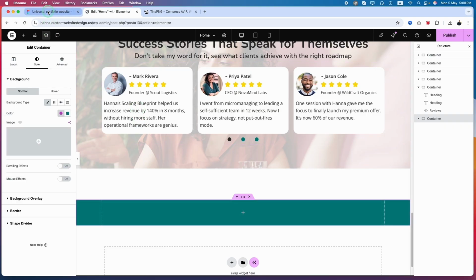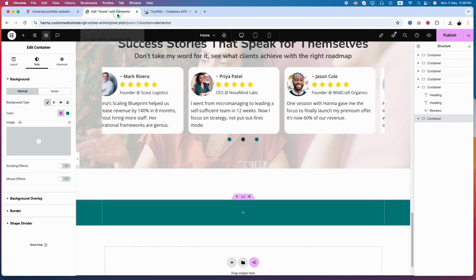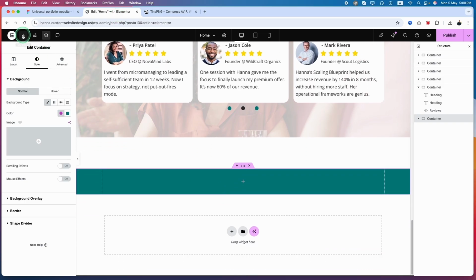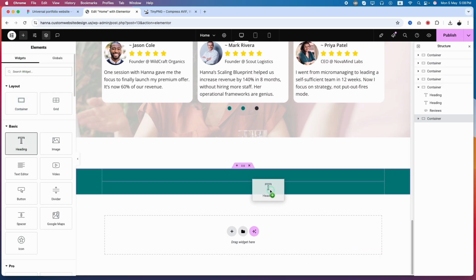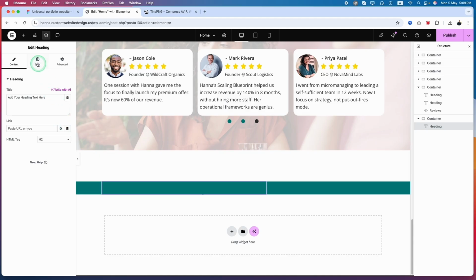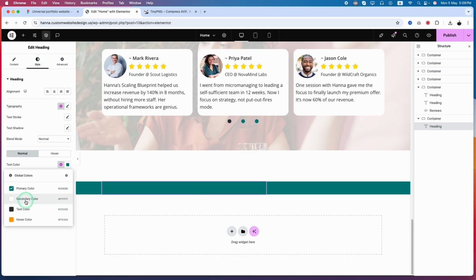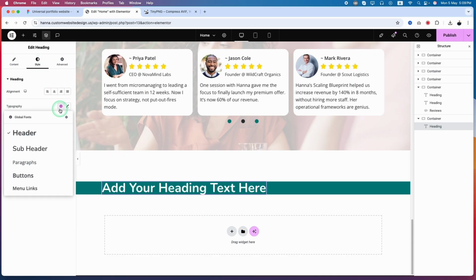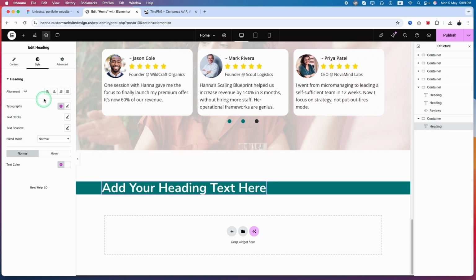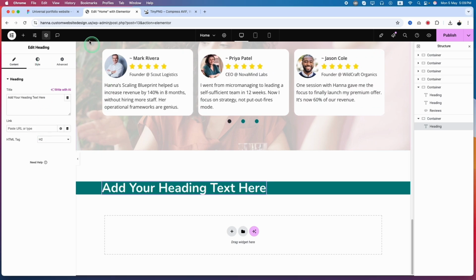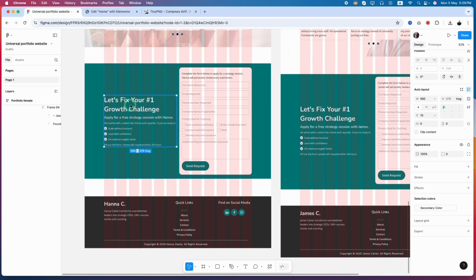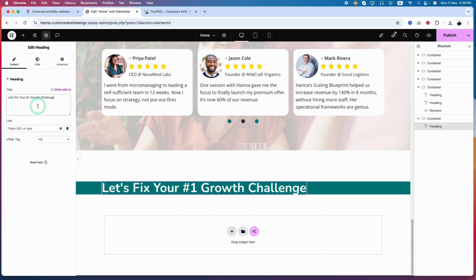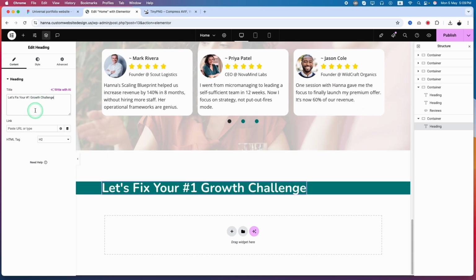Okay, now we have to add those text. So let's add those text. To do that, we can click here and just add the headline like this, and go to style, change the text color to white, and header typography will be header and alignment is left. And on content, let's add this text like this, then paste it like this,